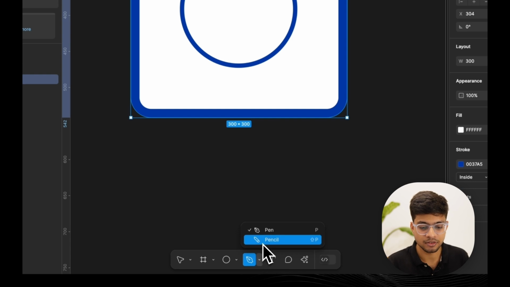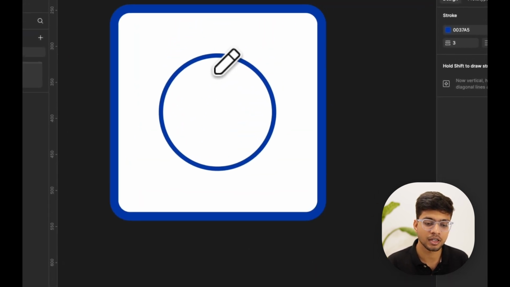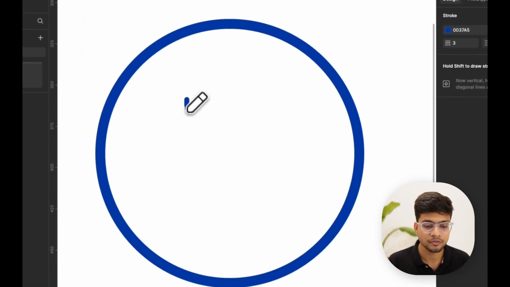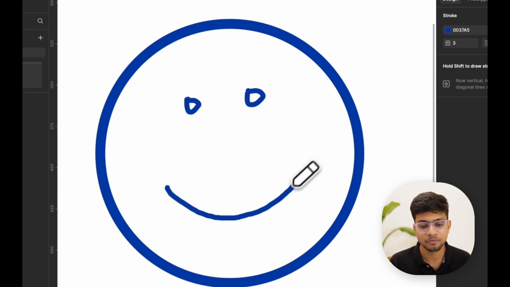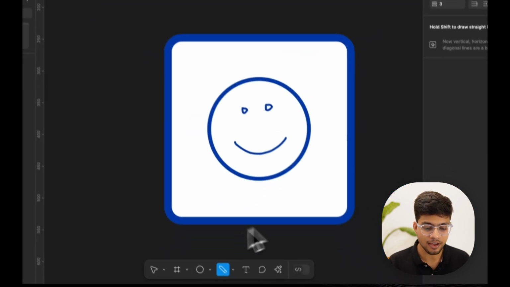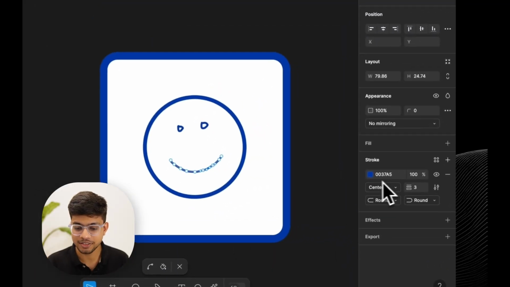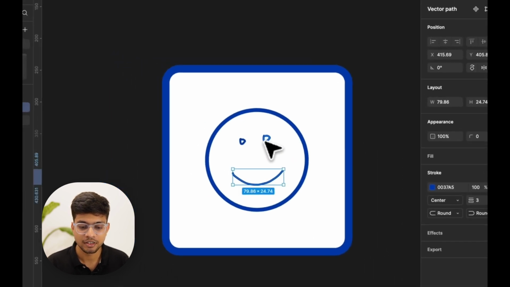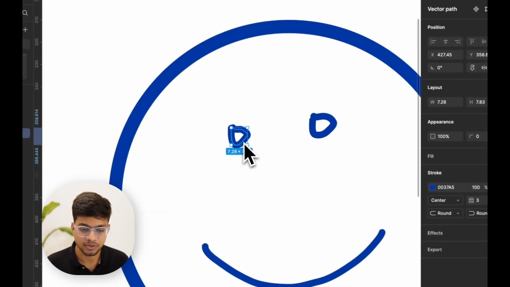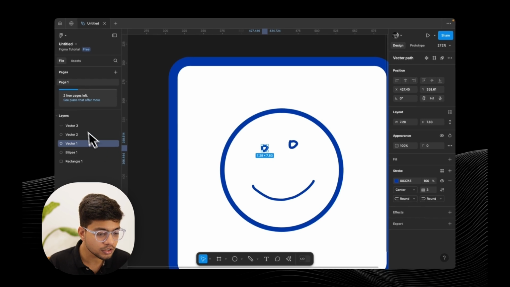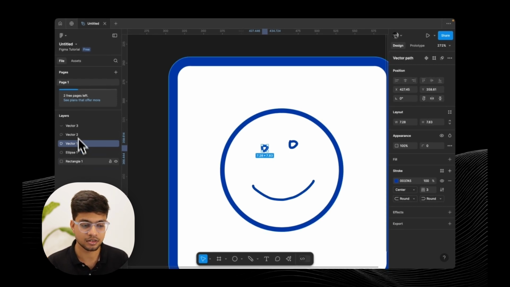You can also use the pencil, by the way, because this is a really simple design. And we'll create an emoji. Pardon, but yeah, we have an emoji. You can also change the color and other details of the custom shape that we have created. And you'll notice all of this again is listed in here.